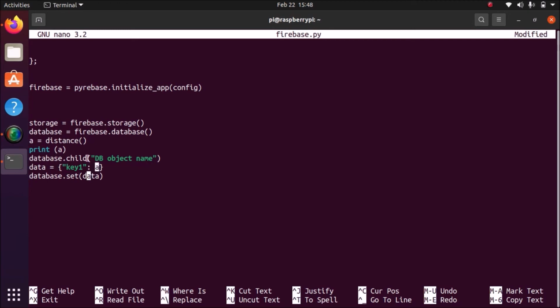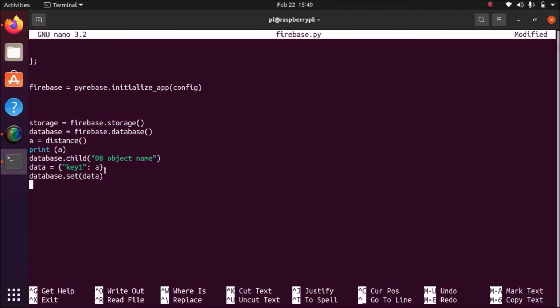Then we need to set the database. So database.set, and data is the variable.